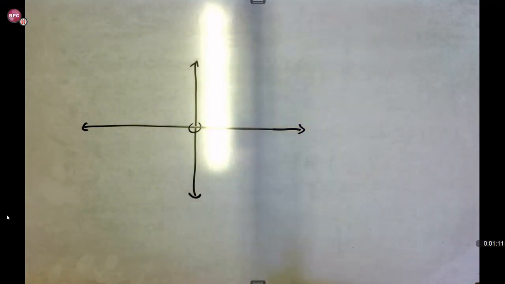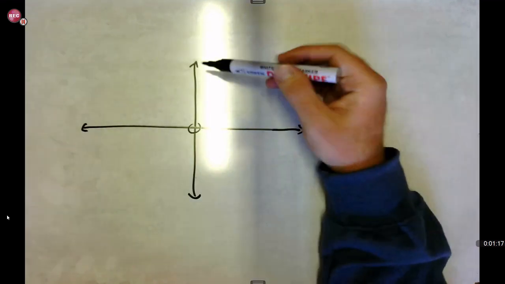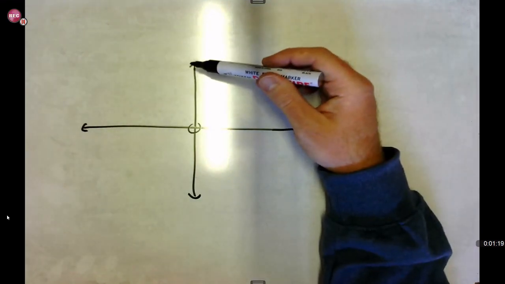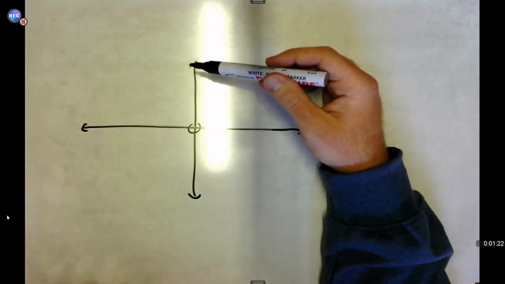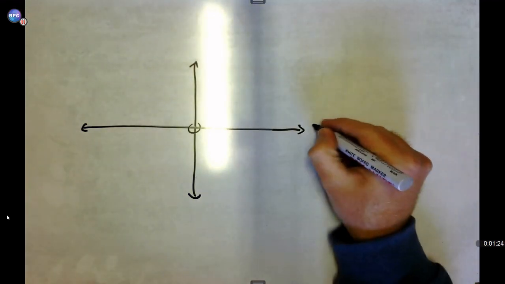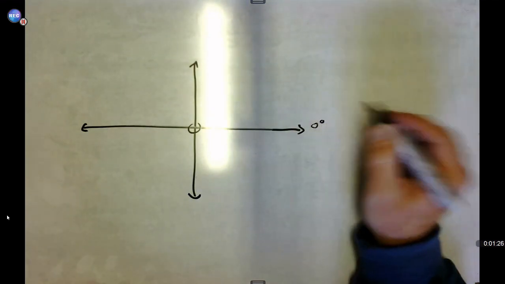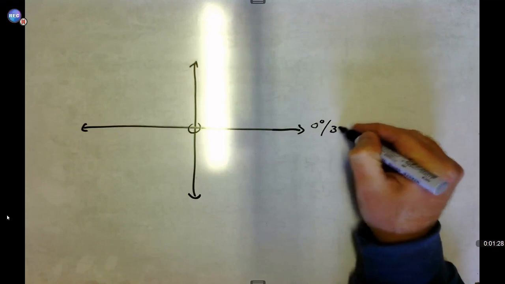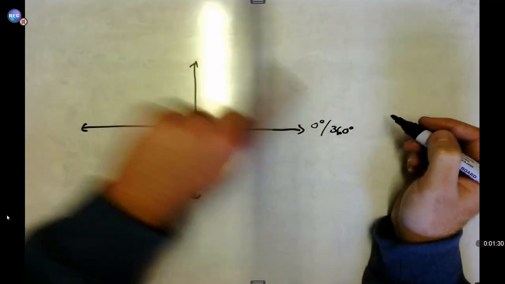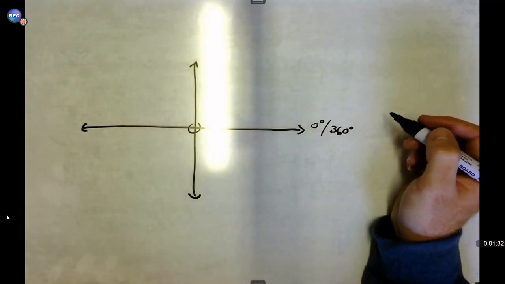Okay, and with that, you need to understand the following. So obviously, you'll think that 0 degrees starts over here. Wrong. With trigonometry, your 0 degrees starts on the right over here, and it is shared with 360, because that would be a total revolution there. Another thing that you need to keep in mind is that